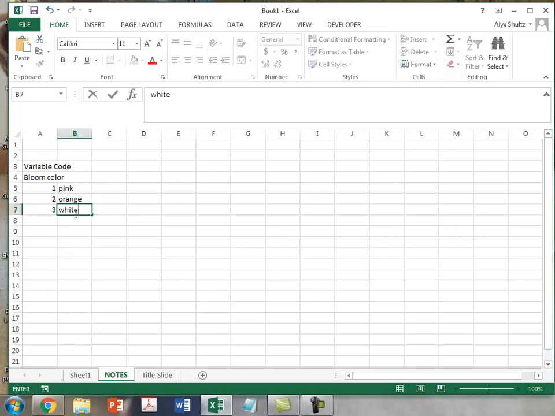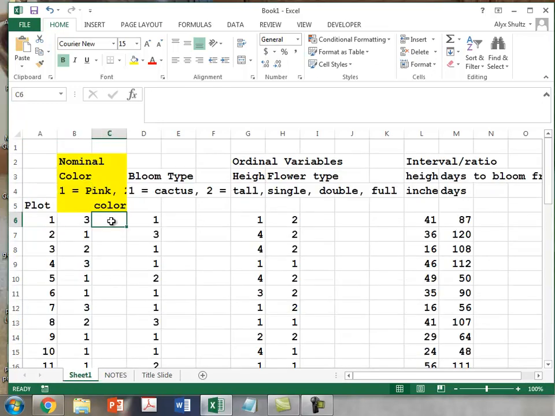So be mindful of exactly what you put in here, because any spelling errors or capitalization errors will be reflected on that coding sheet, and it can make a professional sheet look unprofessional in a hurry if you have some simple spelling errors. So anyway, we've got the matrix set up there. 1 equals pink, 2 equals orange, 3 equals white, and notice they're in different columns, the number and then the descriptor. We'll go back to sheet 1, and I'll introduce you to a formula that'll change your life,